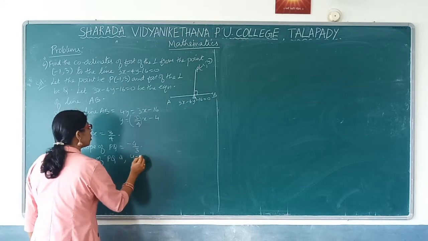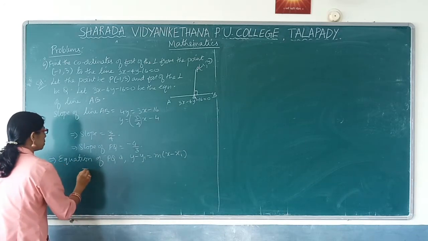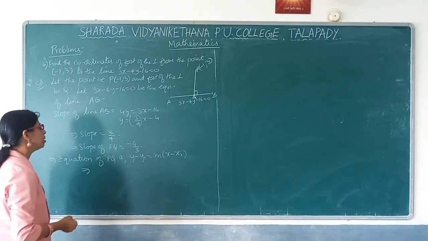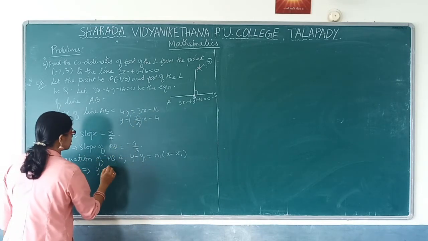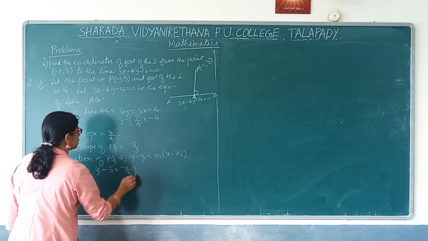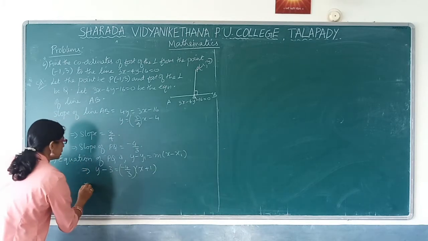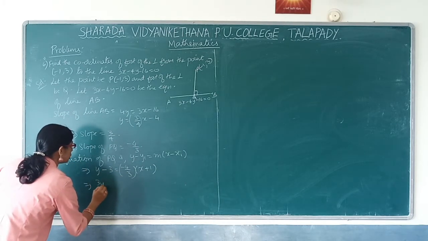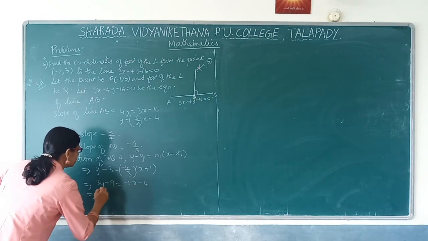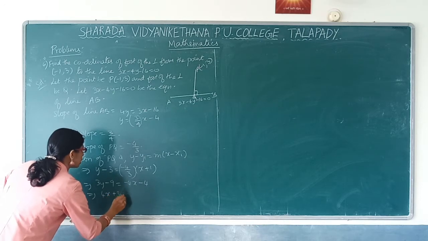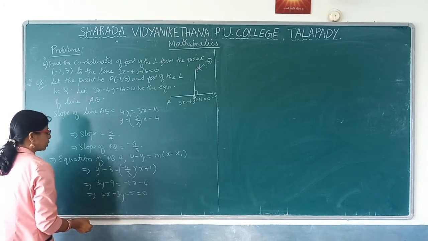What is the equation? By point slope form we will take. Y minus y1 is equal to m of x minus x1. By point slope form, every time it is not necessary to mention once you are familiar with that. So we have a point P there. So y minus y1, that is 3, is equal to m, which is minus 4 by 3, that is the slope, of x minus x1. X minus of minus 1, it is x plus 1. Now take this denominator to this side. So 3y minus 9 is equal to minus 4x minus 4. Bring it to standard form. What is that? Bring 4x to this side. 4x plus 3y minus 4 becomes plus 4 minus 5 is equal to 0. So this is one equation.